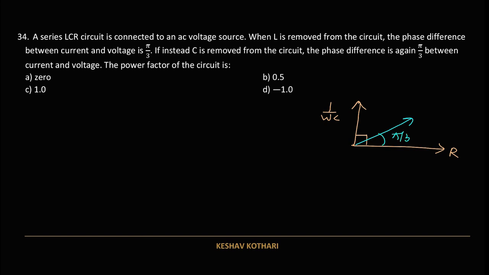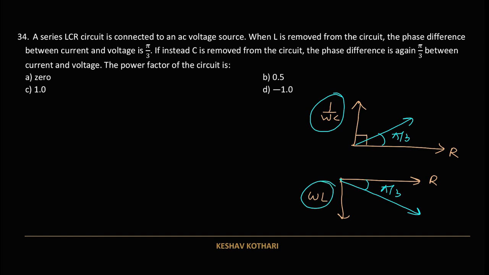And in the other one, when we remove the capacitor, that is only inductor is connected, this time the R and the reactance of inductance, that is equal to omega L, will be like this, and the net impedance is making an angle of pi by 3 from resistance in this sense. So from both this diagram it is clear that 1 by omega C is equal to omega L. So if both of them are correct, then if L, C, R are connected in series, then the impedance will be equal to R, and the power factor angle is equal to 0, and power factor value, that is equal to cos 0, is equal to 1. So for this particular problem, answer C is correct, that is 1. Let us move to the next problem.